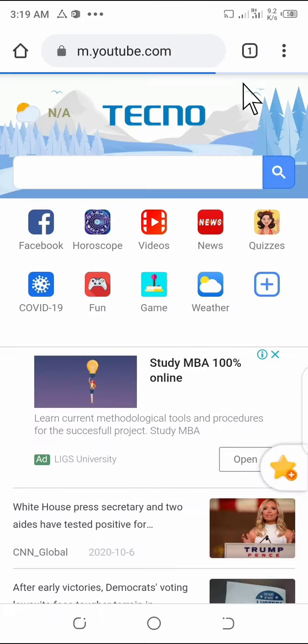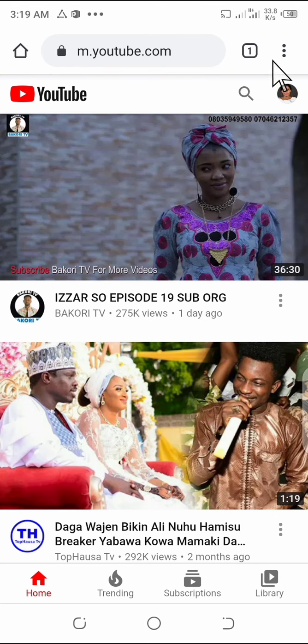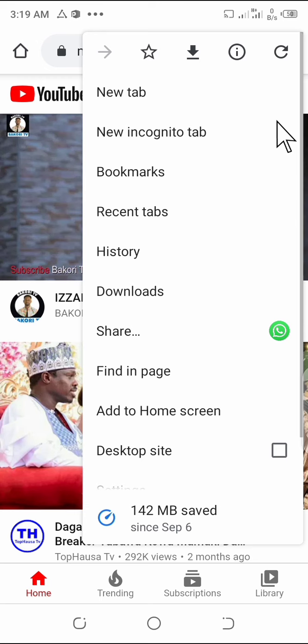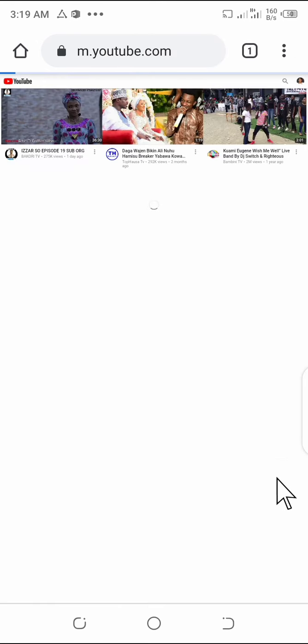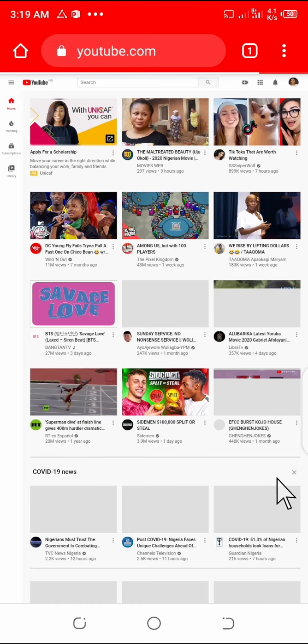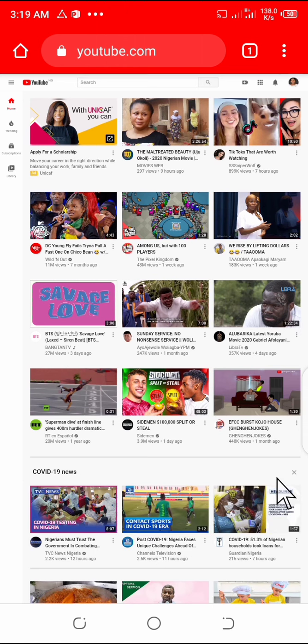You tap on it. Then you go to these three dotted lines. You tap, go down to desktop site. You tap on this box here. Then it takes you to your YouTube channel on desktop site on your Android phone, okay?